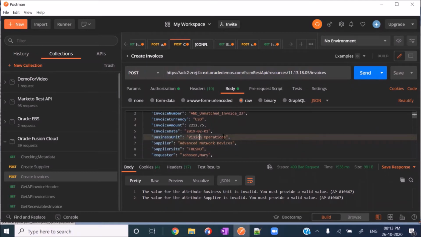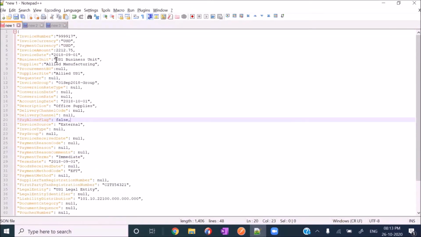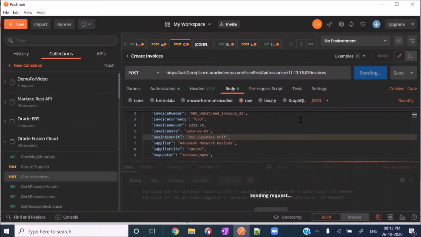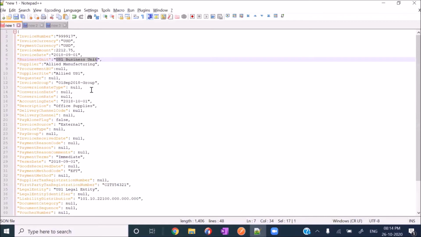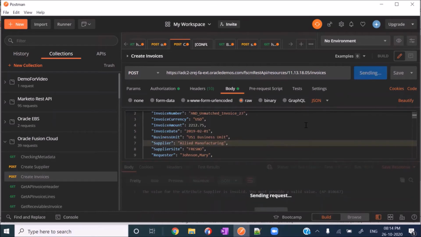So these are the things which you need to consider and change accordingly. The business unit which exists in my system, I'll take that business unit. I have an example: the US1 business unit, this one I have in my system. I'm going to change it and show you that this particular error will go away. Now if I hit this request once again, you can see the error for the business unit is not coming up. Next thing is the supplier. The supplier which I have, I'll use this one. I'll change all the things one by one accordingly in front of you so that you will understand the logic. Now I'll hit it once again.